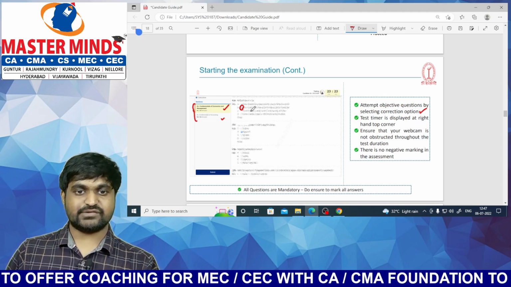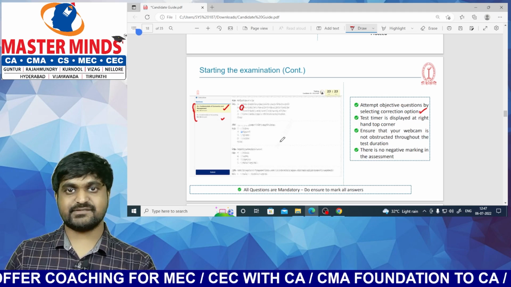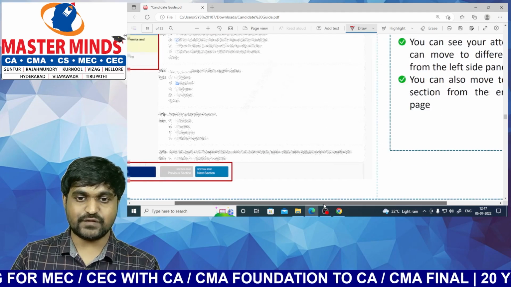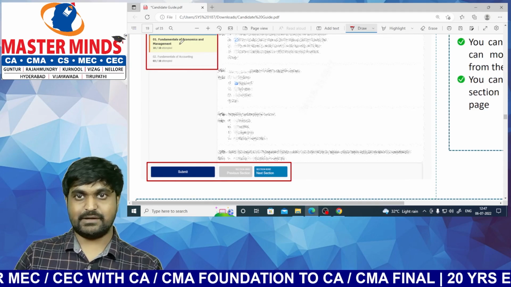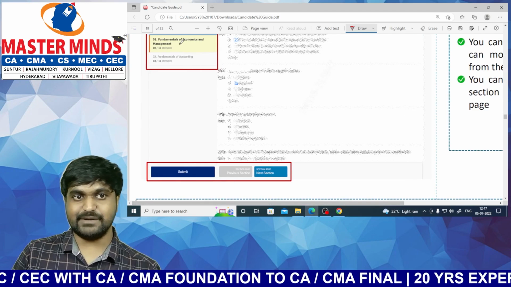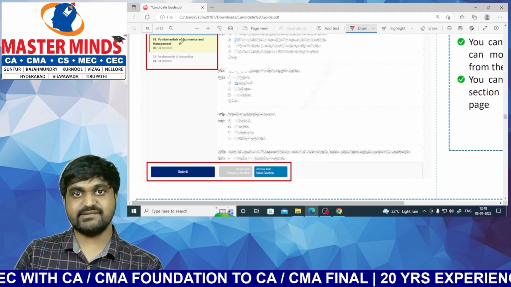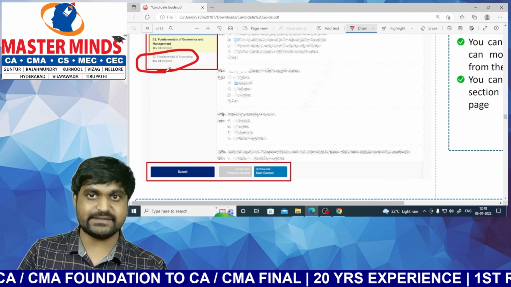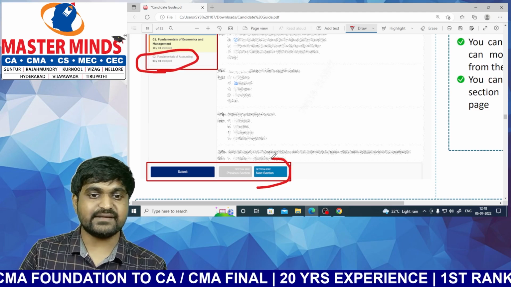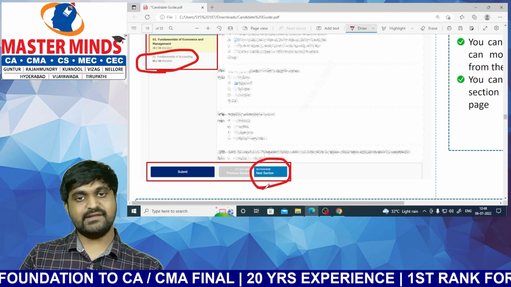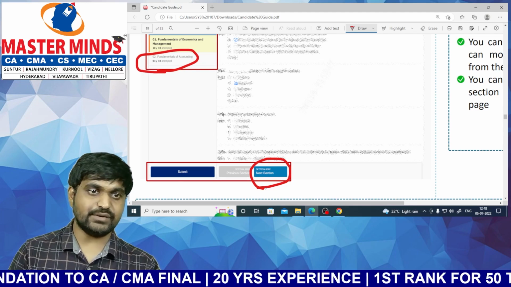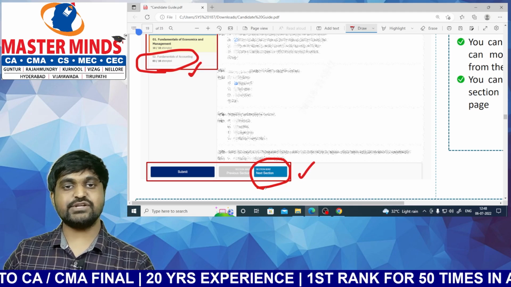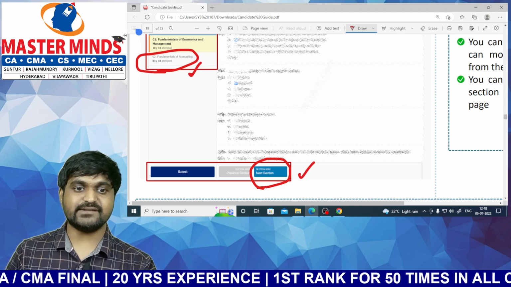See all questions and click on the options. It will be sufficient. Sir, I answered all questions. Now what do I do? Then you should go for the next subject. In this paper, the first subject is completed. You need to go for the next section, that is the next subject. So how to go for it? You can directly click here, or you can click next section. Anything is okay. If you click on this area or this area, you will be redirected to section 2, that is fundamentals of accounting.